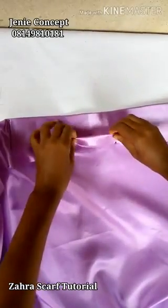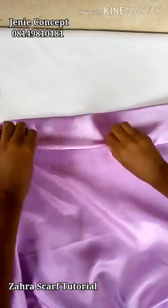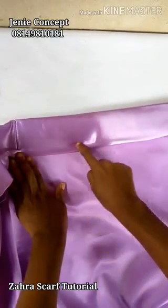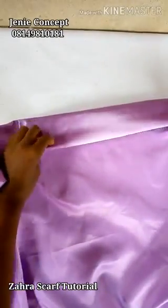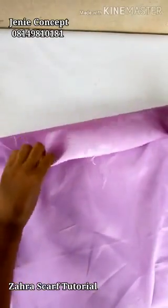And then fold in the edges in this way. And then we are going to be sewing. We'll sew down to secure, that is to close this end, to cover this open end. So fold in the edge and sew. As soon as we are done with that, we'll come over to this side also, and then fold in the edges